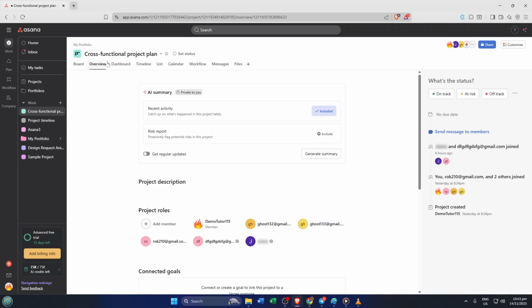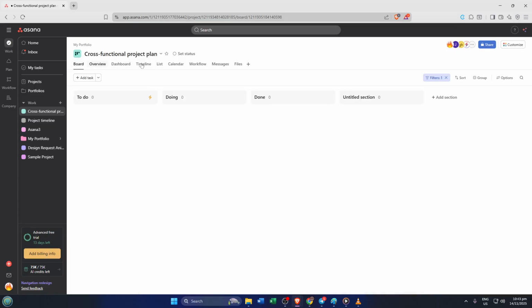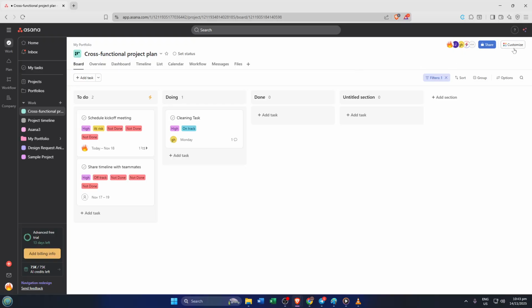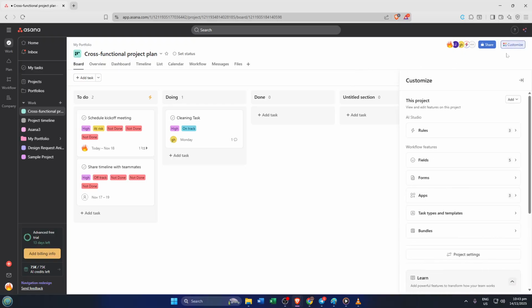Once you're viewing your project, look up at the top right corner and find the Customize button. It's easy to spot, usually a little magic wand or similar icon. Clicking this brings up a menu on the right side of your screen packed with options for personalizing your project's functionality. Now scroll down in that menu until you reach the section labeled Task Templates. Don't rush here. Sometimes the menu is pretty long depending on your project's setup, so take your time and scroll